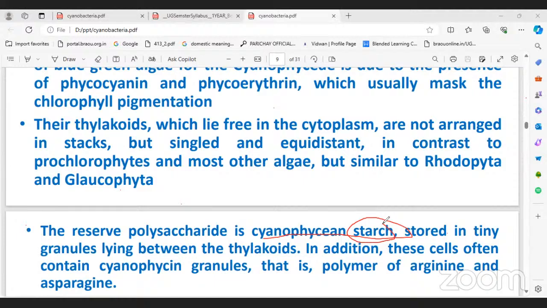The importance of phycocyanin and phycoerythrin is that they give the pigmentation color to the body. If phycocyanin is rich, they are blue-green in color. If phycoerythrin is rich, they are red in color. So the cyanophyceae members appear in blue-green color or in red color. And sometimes they appear as red tides, red sea, red snow, because a group of these members is rich in phycoerythrin. That locality completely appears red in color.